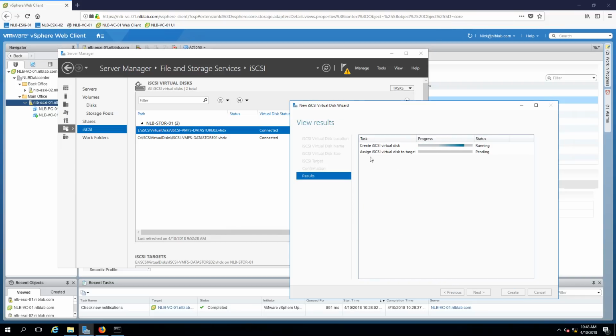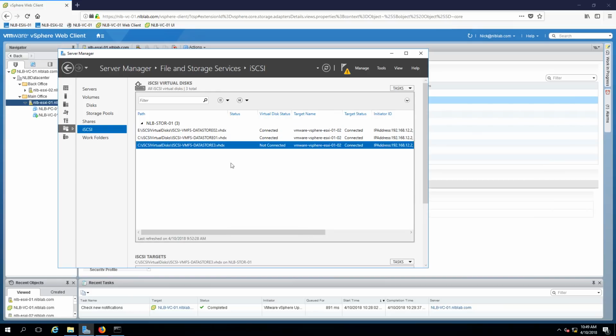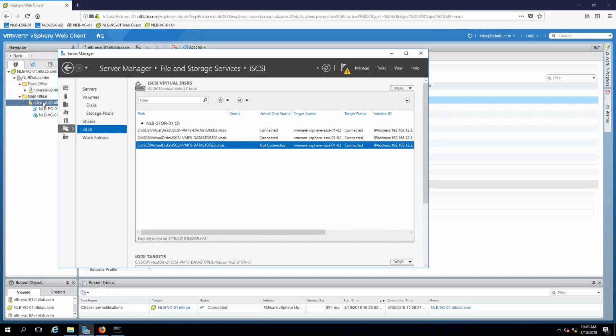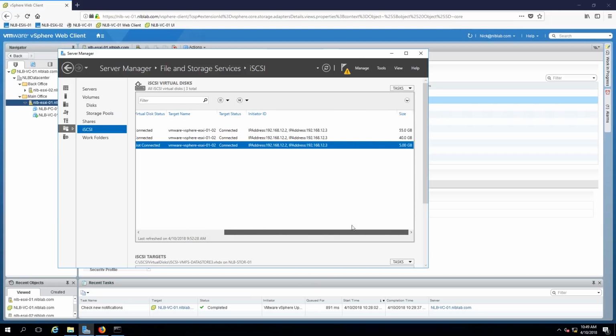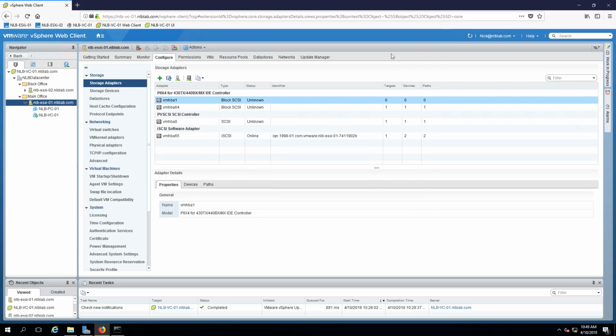So I'm going to use this target and initiator once again, and if I click create, I will be presented with another iSCSI virtual disk. So I'm going to close the window, and you can see that at the moment my data store 3 is not connected. I suspect that when I refresh the actual settings on my ESXi 01, it will automatically connect it, but nevertheless, let's leave it like that for now. So I'm going to minimize this and switch to my ESXi hosts, where we can configure the other settings and connect the